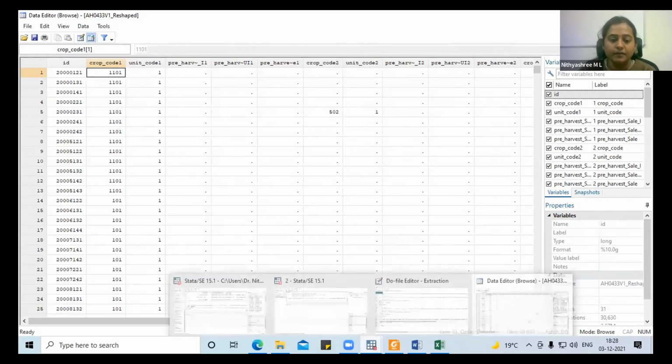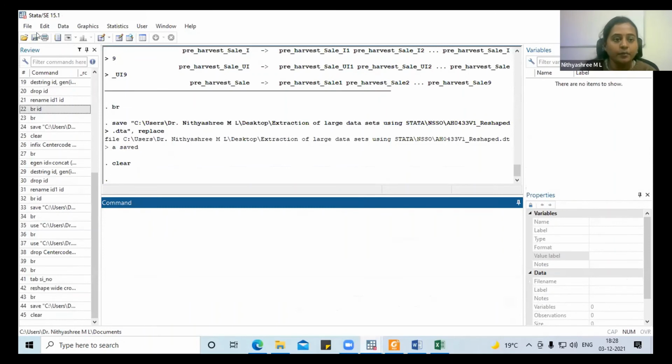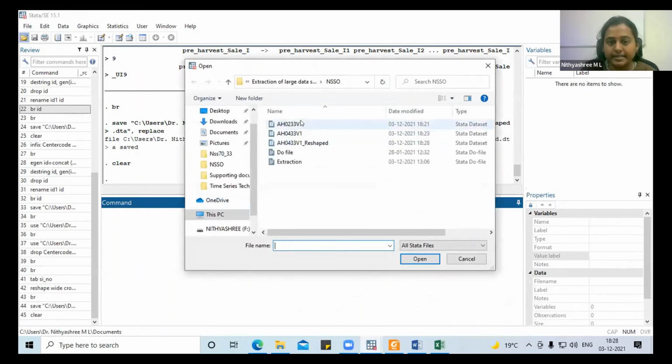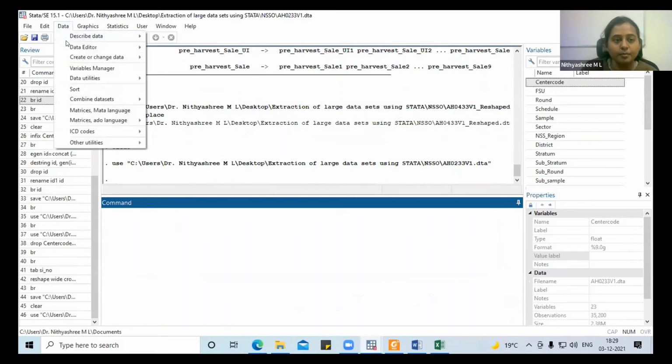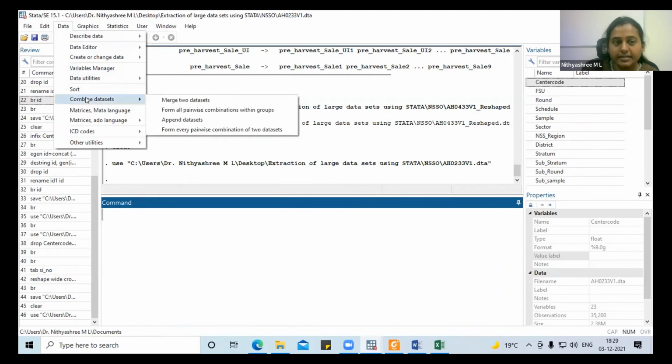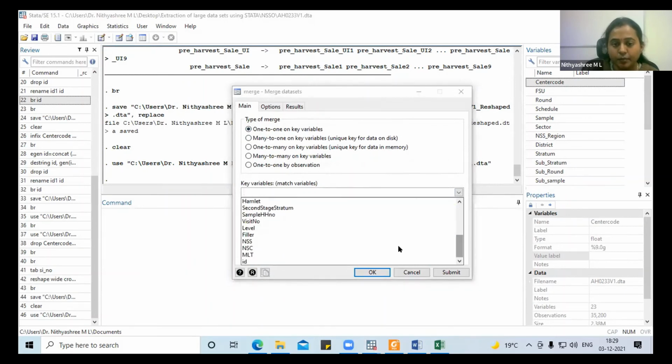How do we do that? First, let me clear this entire data. What do you want to merge? First, let me open this. This is the basic data, right? This I have selected, and for this data I want to merge the second one, which we have reshaped. Combined data set, you go here, merge 1-to-1 with what?